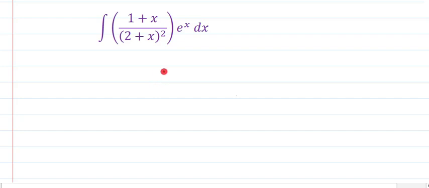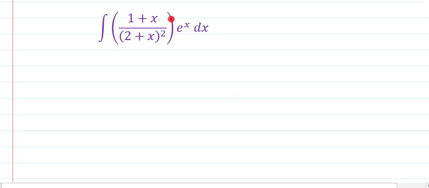So here is the next question in front of you. Again, e power x is multiplied by this function. So it indicates that this is also of the same type of problem. But the problem is that in the numerator we are having 1 plus x and in the denominator we are having (2 plus x) whole square. This type of problem you have solved in previous exercises also. In such problems we need to create the same term in the numerator as in the denominator, and it is very easy for you, only by adding 1 and subtracting 1 over here.